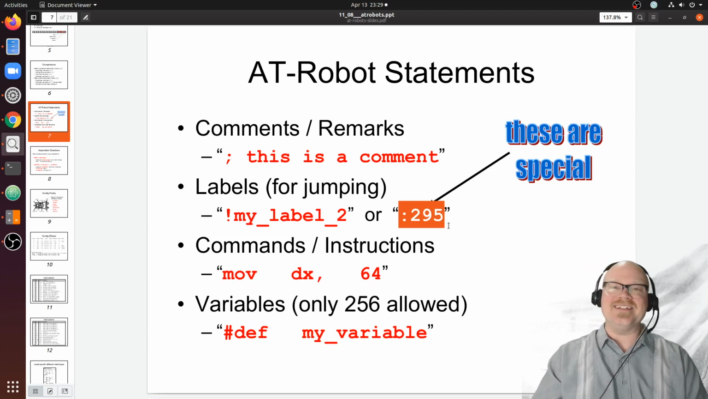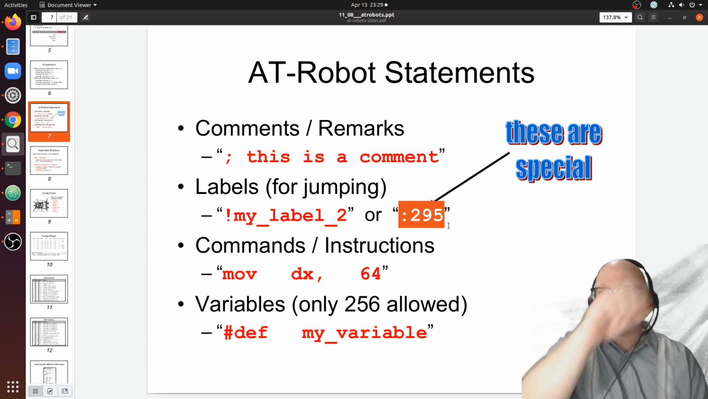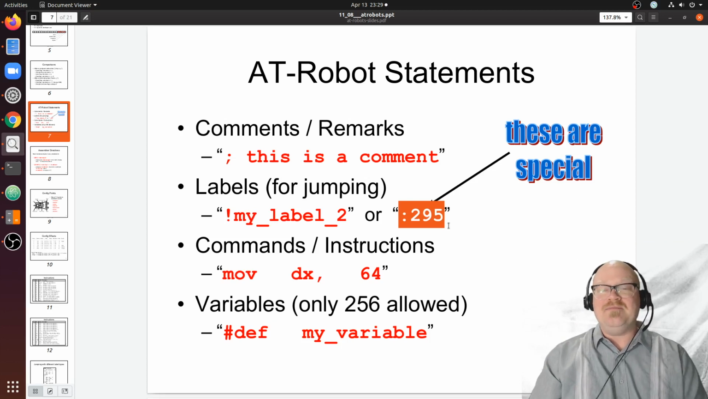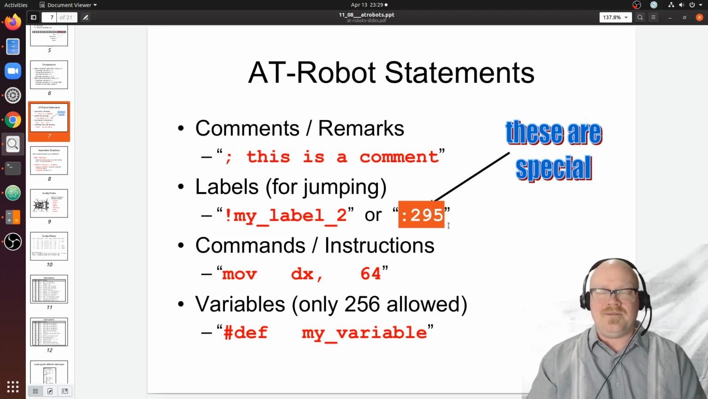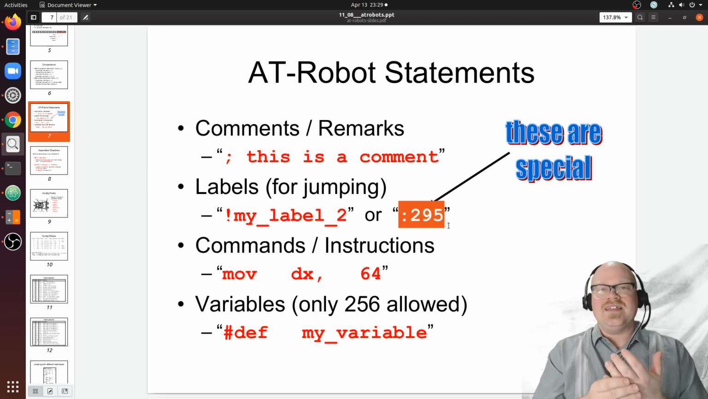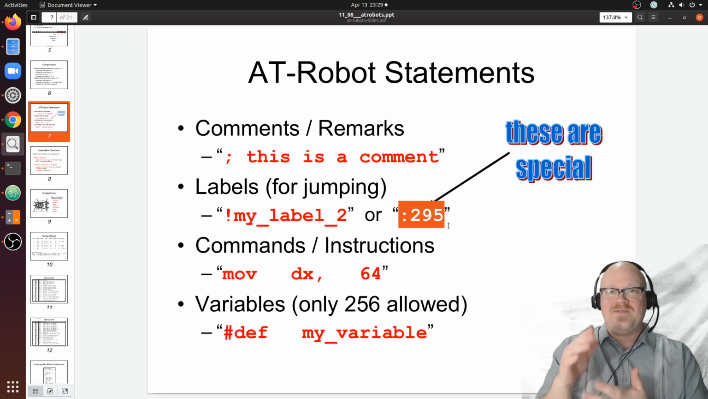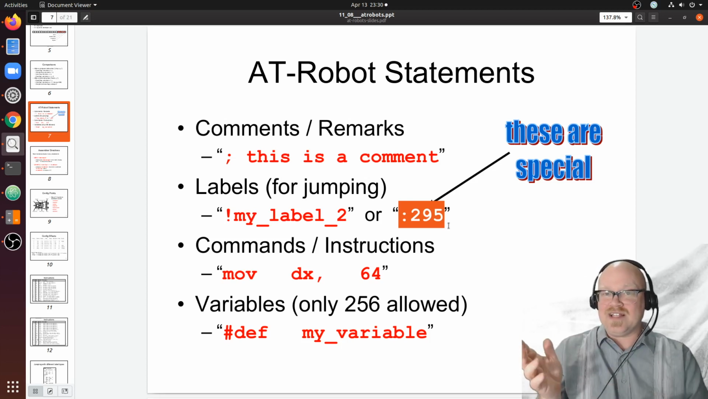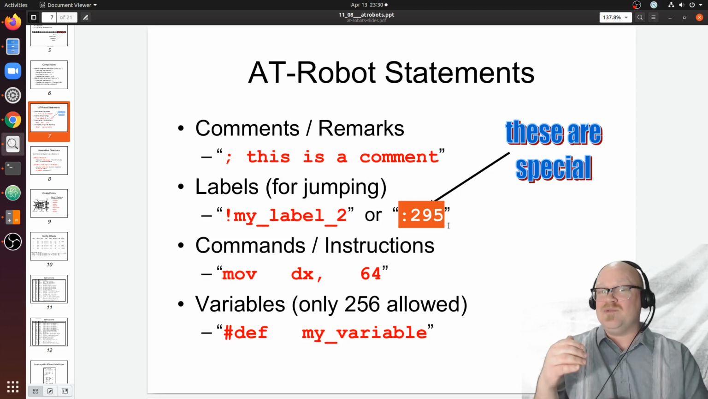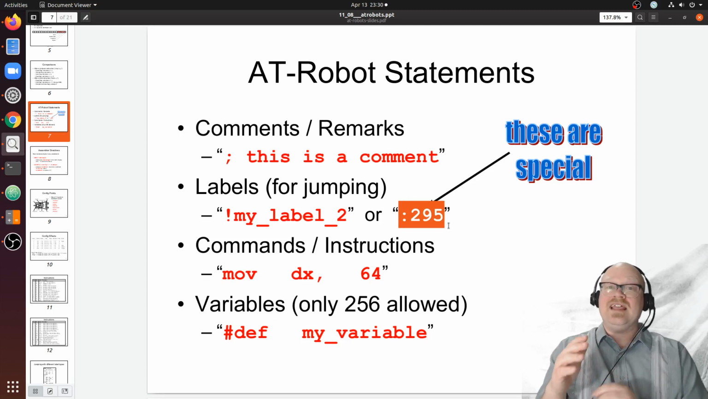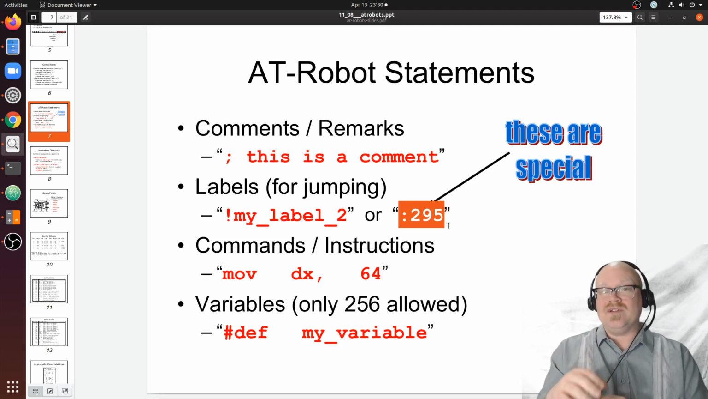And they are special because, while you could jump to them by name, by identifying the number directly, they're much more useful in that if you make a label like this one, 295, if you have some fancy math somewhere that does some calculations and maybe sometimes comes up with a 295 and other times comes up with a 400, then if you have labels for 295 and labels for 400,